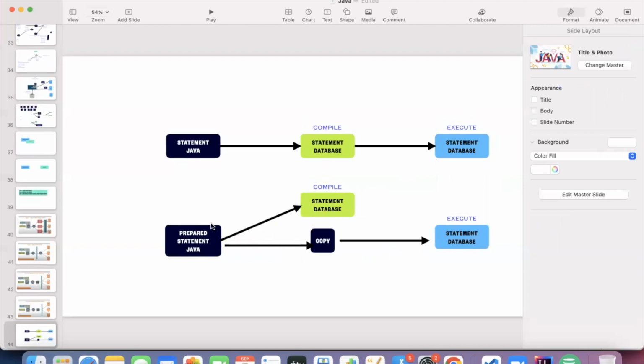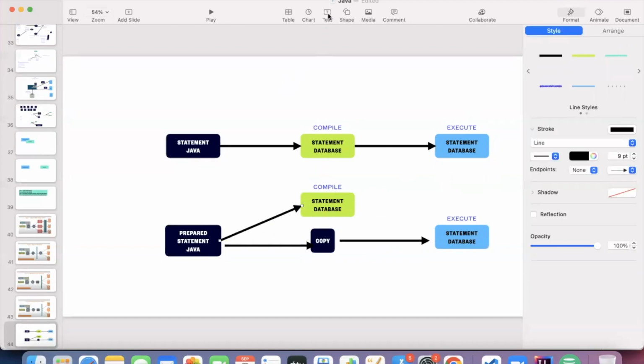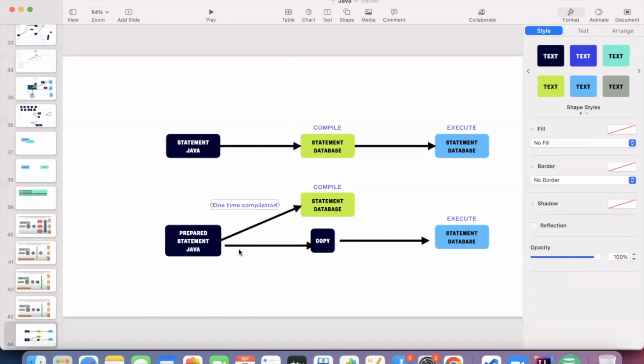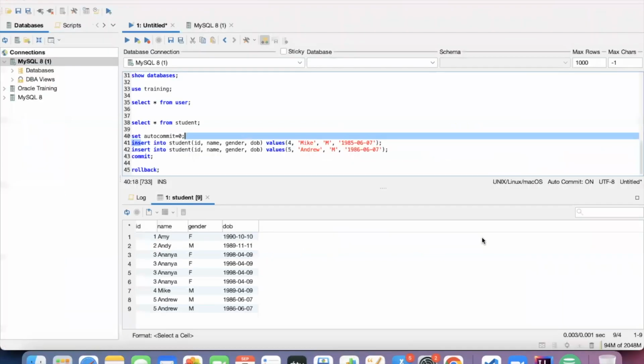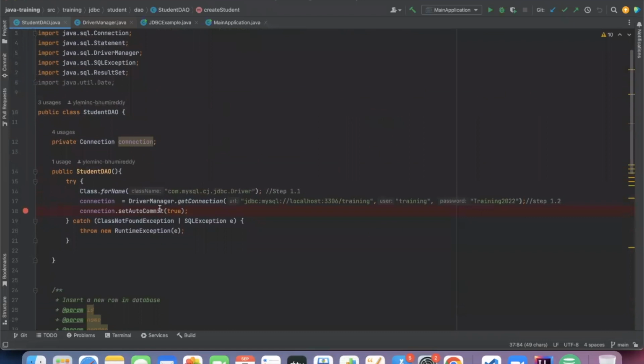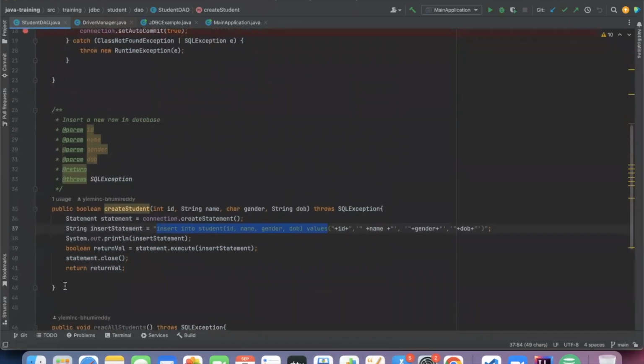So this is only a one-time activity. One time it compiles, and then it will execute based on the copy of that statement. It changes the values and executes it. So let's look into that very quickly, and then we will also go deeper into how prepared statement can help in multiple ways. The same statement, what I'm going to do, I will alter